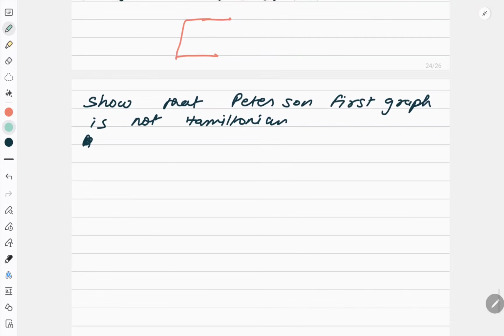Now come to the Petersen graph. I will do the same process in the Petersen graph. Now what exactly is a Petersen graph? The Petersen graph is like this. Okay, then I should join them. It is a star, so I should have this. Then I should have this, and I should have this as well. Okay, so this is a Petersen graph.